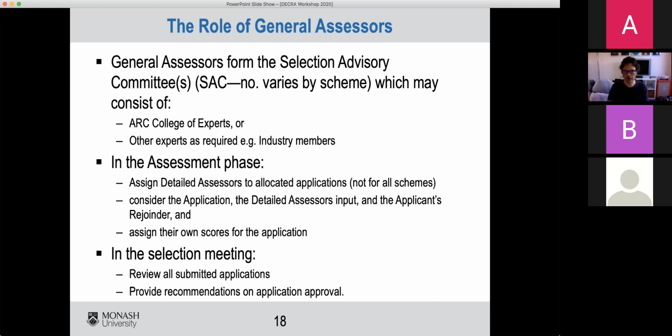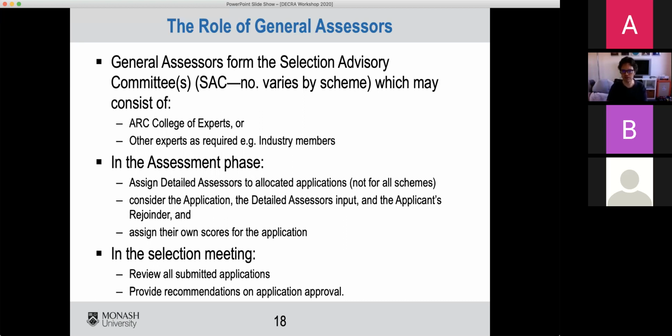And there are also other experts that are brought in as required. So they could be representatives from industry. For the DECRA, it's probably going to be the Selection Advisory Committee, convened mainly by Australian Research Council College of Experts members. For something like linkage grants or for ARC Centres of Excellence, you'll have more industry representation.